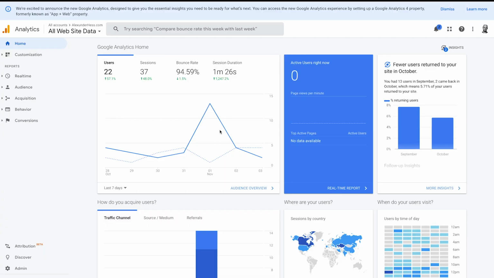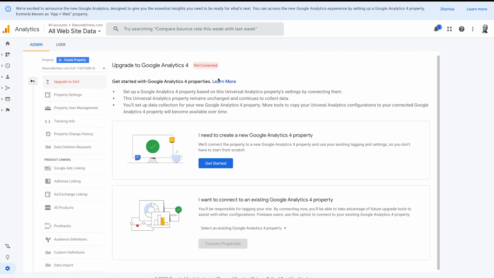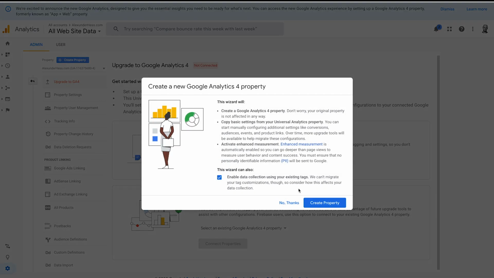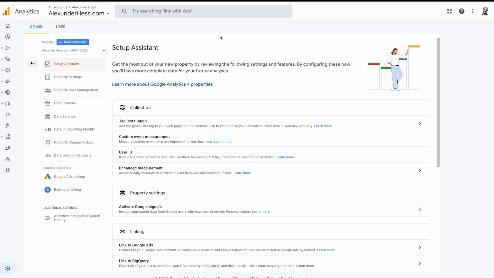Let's go. What I'm going to do is upgrade the existing Google Analytics, Universal Analytics property to GA4. To do this, you would need to go to Admin, and I'm doing this for my hobbies website because my other website is already upgraded. So I can see account, property, and view here, and I'm going to property and just click upgrade to Google Analytics 4. Then I get started, create property,